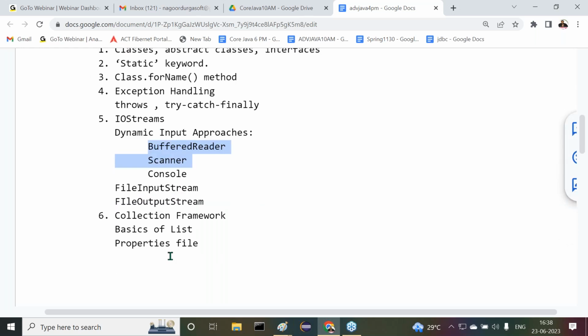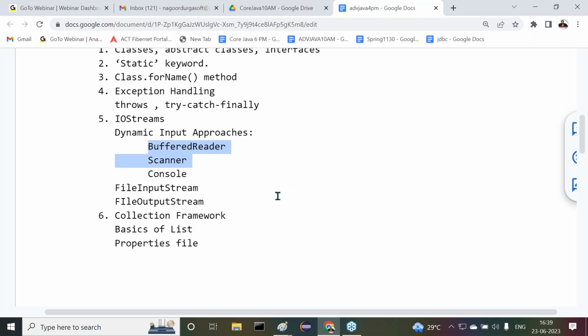Even the remaining part I don't require immediately. Maybe at the end or the middle of JDBC, I require that content. So I will discuss that content when I require it, and I'm going to discuss these topics in the flow. There I will discuss the content. Sir, all of you are getting clarity on this?